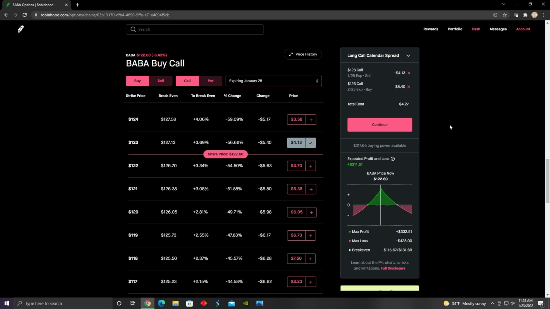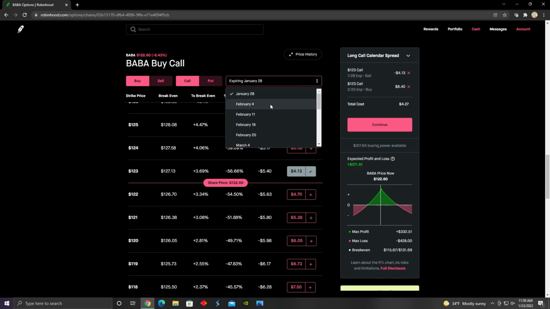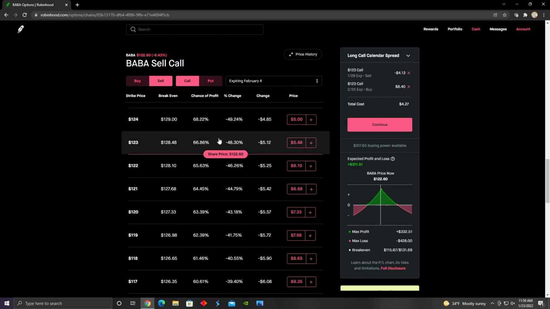And so in this particular case, let's say that upon expiration date January 28th, the share price of the underlying asset stayed the same, traded sideways that entire time, and we were able to collect the full $413 from the call option that we shorted, that we sold, or wrote, whichever rhetoric is chosen. Then in that case, we would still have the long call option that expires on February 25th, and we would just be able to short another call option. So let's say that after this expires on January 28th, and we only had a long call position expiring February 25th, that we just went to February 4th,